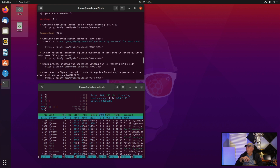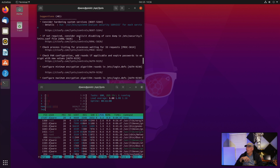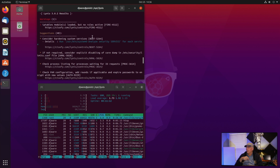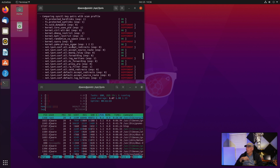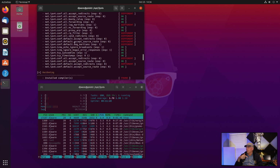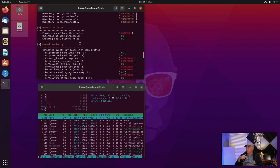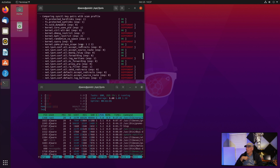Yeah, this is pretty typical. Considering hardening the system proof. I wonder if it. Yeah, now on ARM, these are all wrong. I mean, the default settings are all wrong, and so yeah, we'd have to customize my script. I have a script that fixes all this, but it's just going to need a little customization for